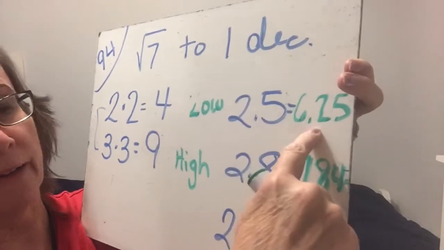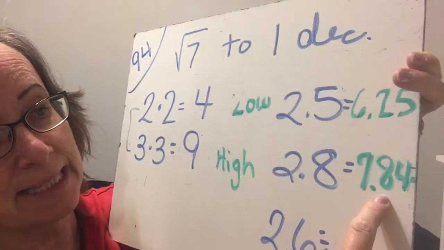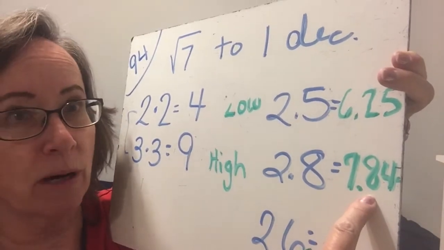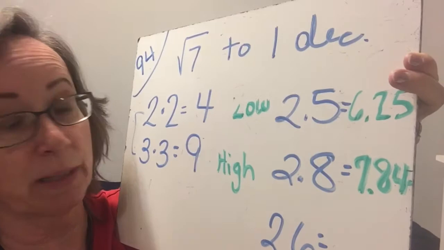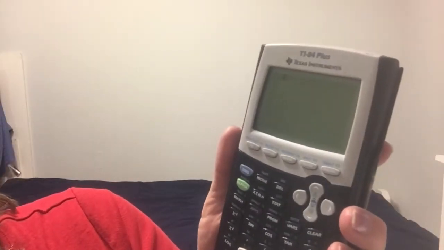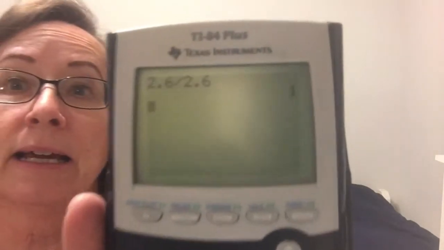All right, so now look, this was 0.75 too low. This is 0.84 too high. So now we're going to try something like 2.6. Let's try 2.6 and see if we're too high or too low. So 2.6 times 2.6, and I get,